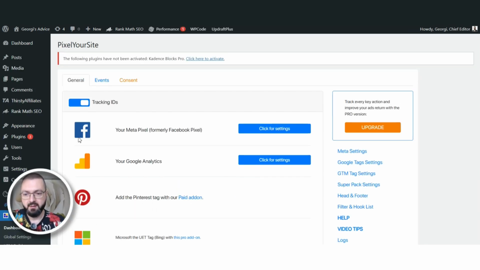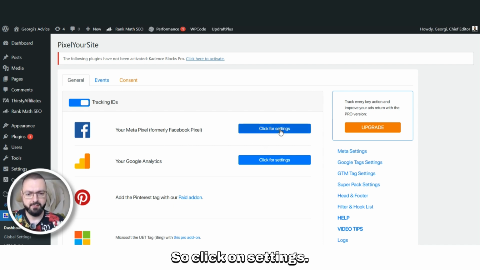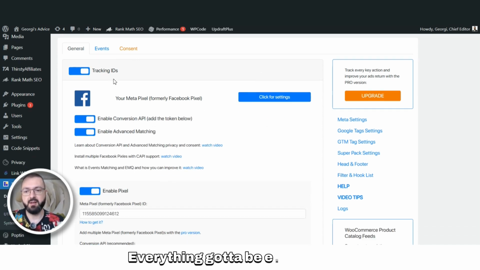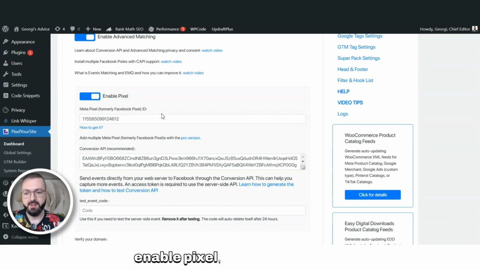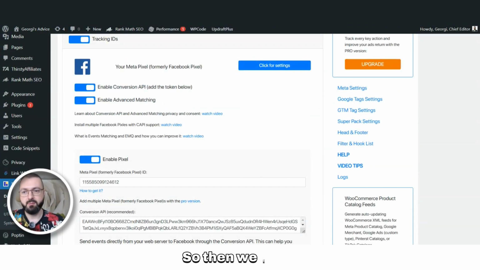right? And then your Metapixel, formerly Facebook Pixel, right? So click on Settings. Everything has to be enabled, like tracking IDs, like enable Conversion API, enable Advanced Matching, enable Pixel, everything, right? In terms of Facebook. So then we go to